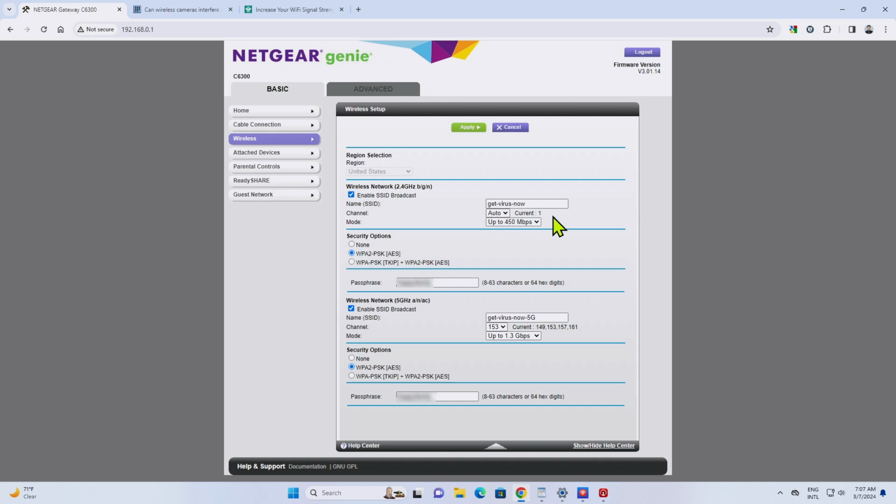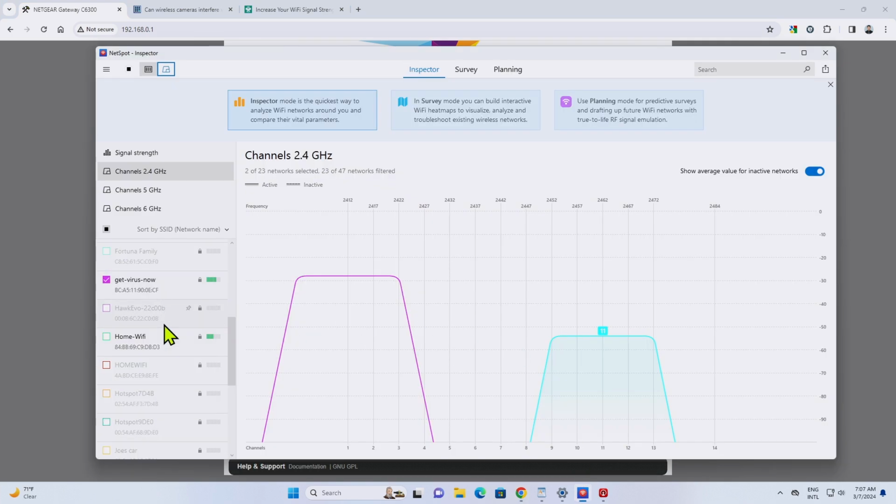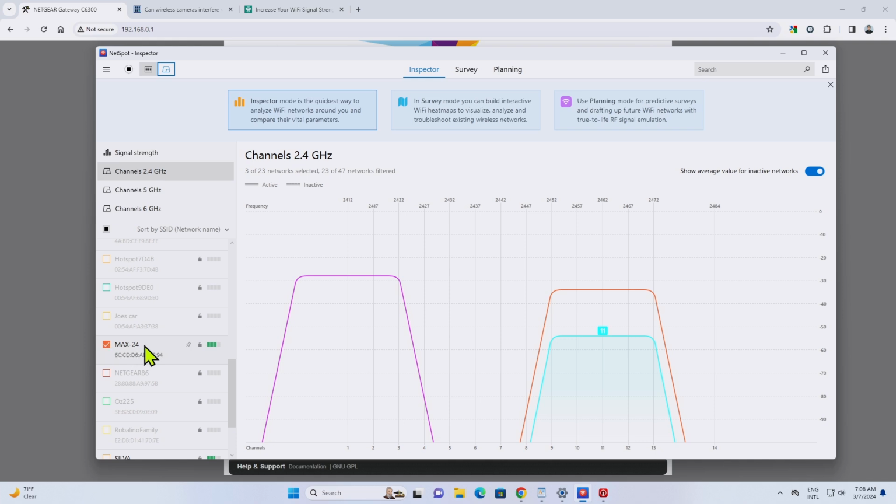It's very, very good, okay? That's the way to go. And let me check another one here, Max 24. That's my signal, you see? That's my repeater. If I connect my camera to my repeater, I'm gonna have some interference from this signal here